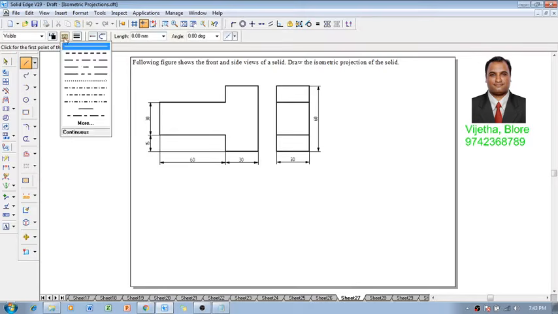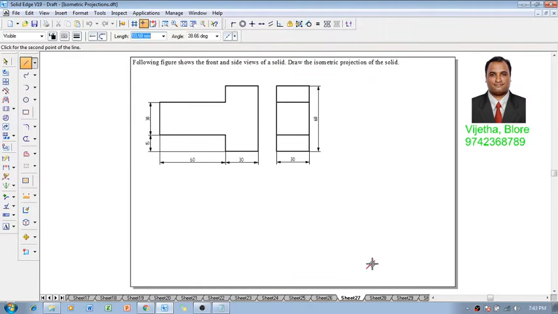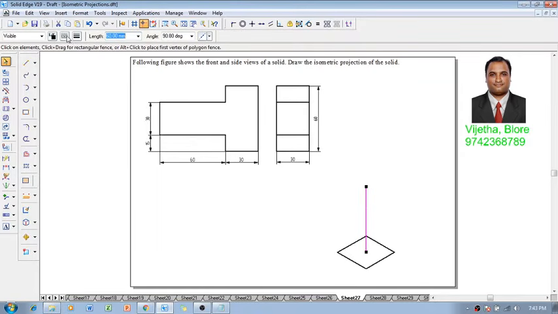So using a line command with a thickness of 0.5 and a continuous line, let me draw a 30 millimeter square first in the isometric projection. So 30, 30, then 30, 150, 30 minus 150, and get back to the first point, or 30 minus 30. And then from the center, we have to locate the axis height of 60 millimeter like this. Now this is going to be the representation of our axis, which is supposed to be a chain line like this.